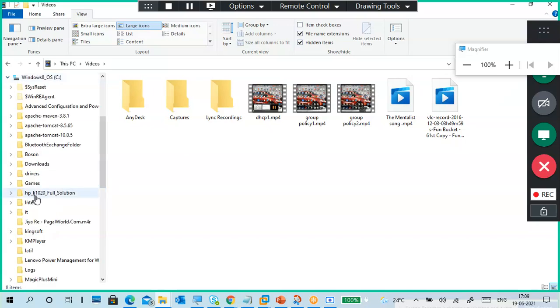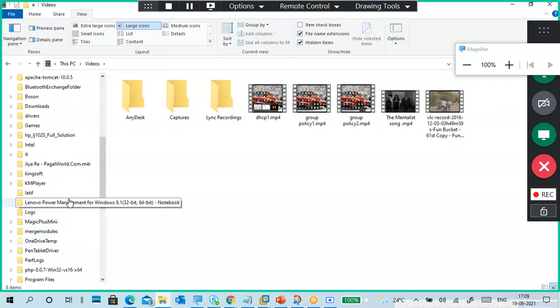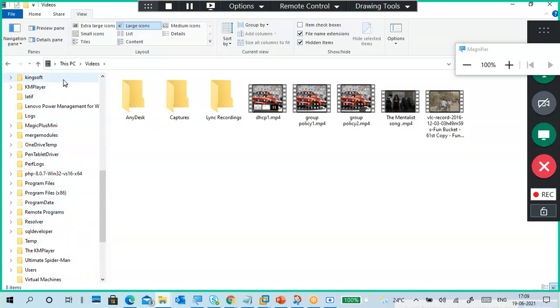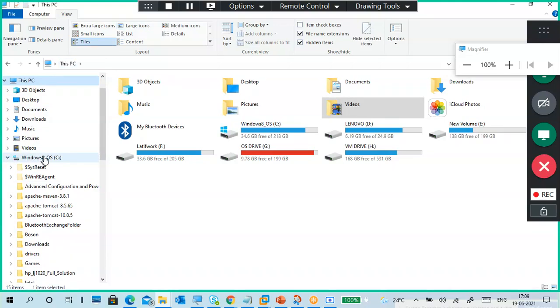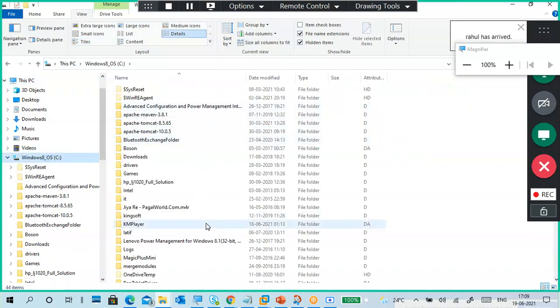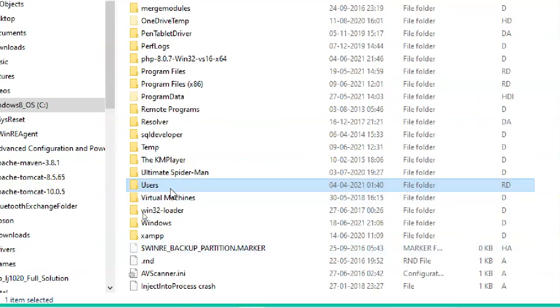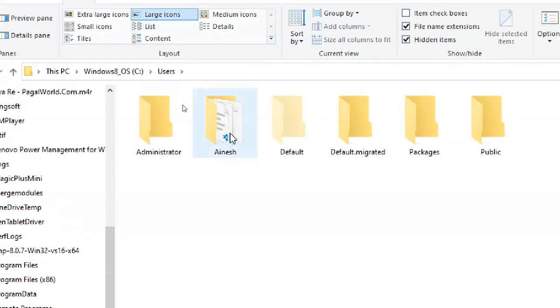We can also say it in a different way. Go to C drive, scroll down, find the Users folder and open it.